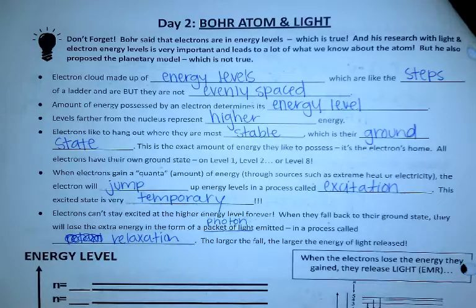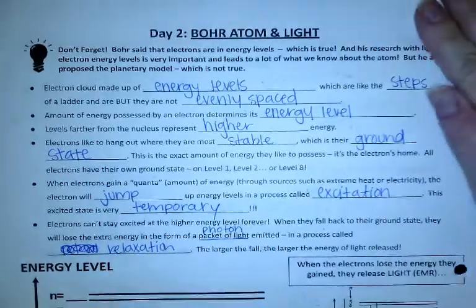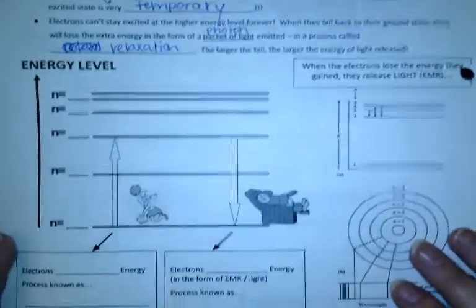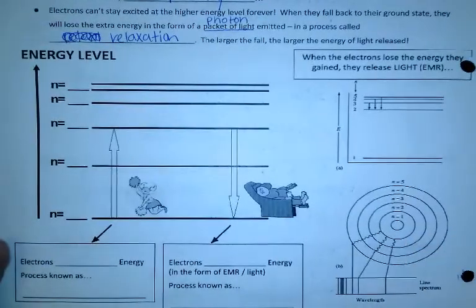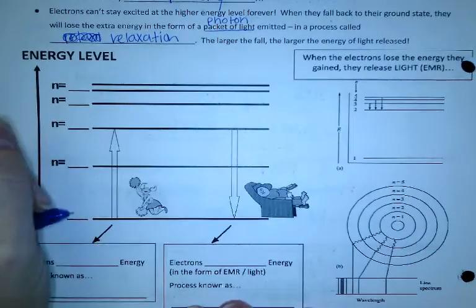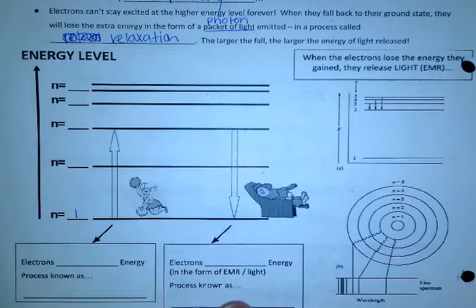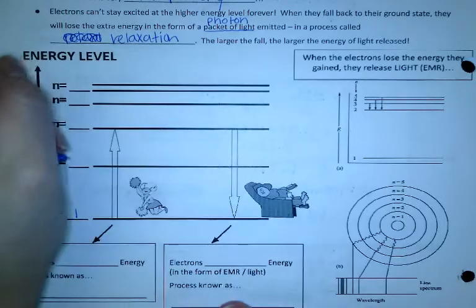Now remember, on the EMF spectrum, we can only see a certain wavelength, and we see that wavelength as color. Okay, so we're going to talk about that in a second. Now these are what the energy levels look like. Now our lowest energy level is the first energy level, okay? And then it goes up